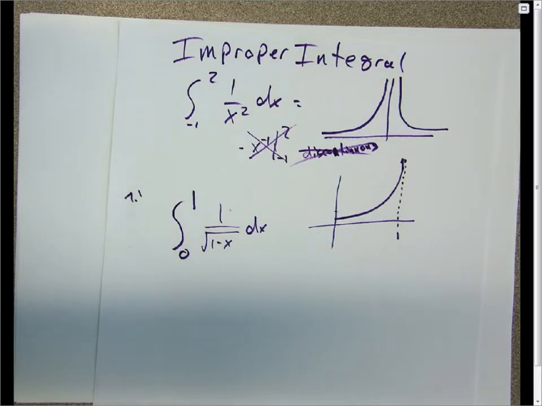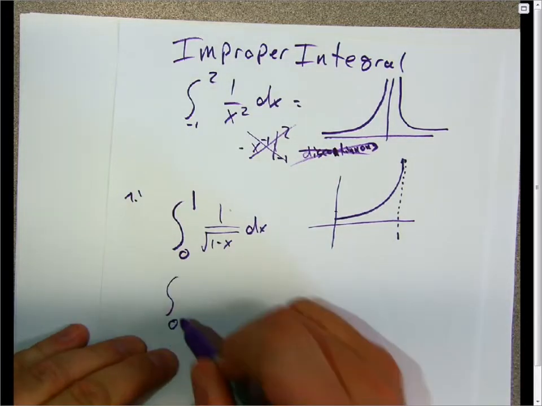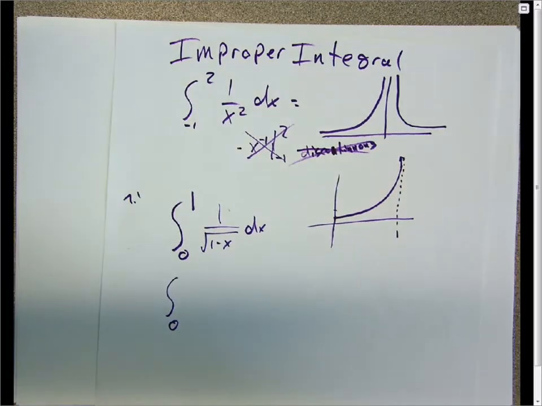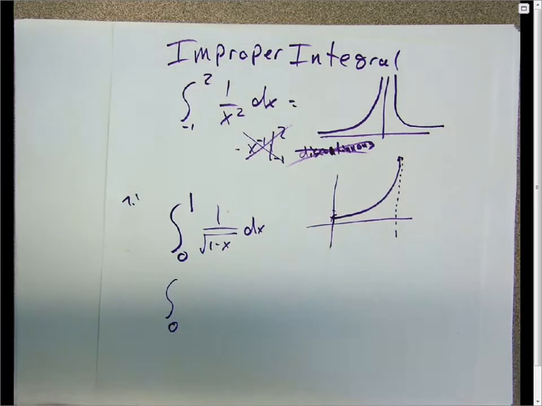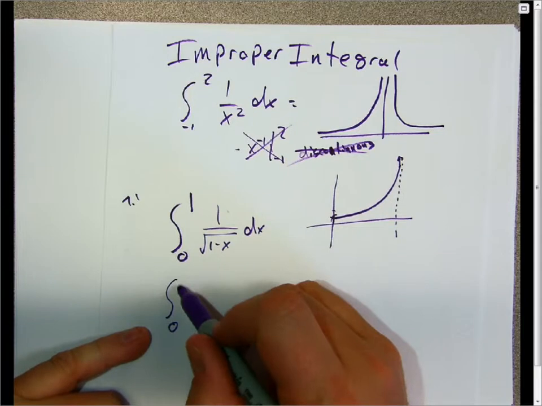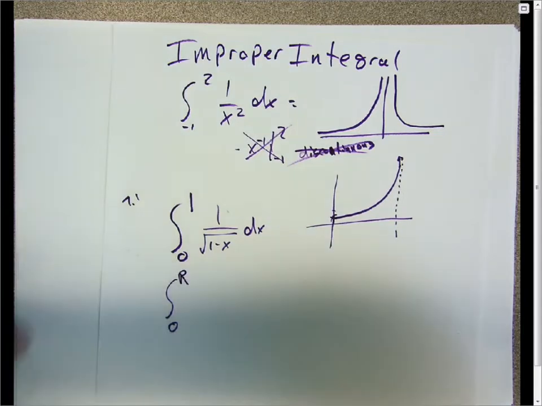But let's see if we can come up with a good solution on this. Now, first things first, I have no trouble with the 0 at the bottom because it has a clearly defined place. It is clearly right there. Now, the problem I have is when I get to 1. So I don't really want to go to 1. I want to go to R or T or F or Q or whatever it happens to be, some other